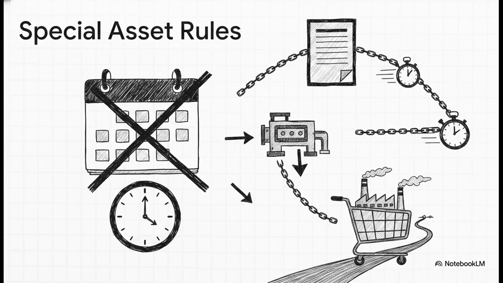So the crucial point here is that not all assets follow that standard 12, 24, or 36-month timeline we mapped out. The source highlights a few strict carve-outs. For instance, under Section 58A, market-linked debentures and unlisted bonds completely bypass holding periods. They are always treated as short-term capital gains, no matter how many years you hold them. The exact same rule goes for depreciable business assets under Section 50. On the flip side, if you sell an entire business undertaking as a slump sale under Section 50B, you simply look at whether you owned the whole business for more than 36 months to secure that long-term capital gains status. In these cases, the sheer nature of the asset totally overrides the standard calendar.